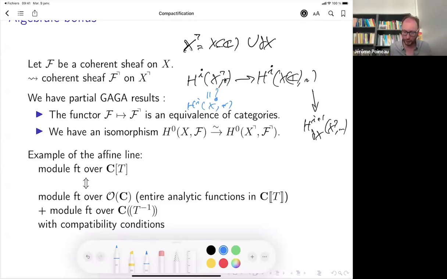The right one, that's why I put a question mark. I believe this should be true, but I did not manage to prove it. I can do it for H^0, which is not much, but it's already something. I think this should hold, but I don't claim I can prove this at the moment.